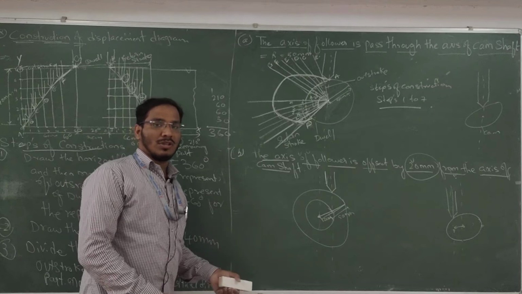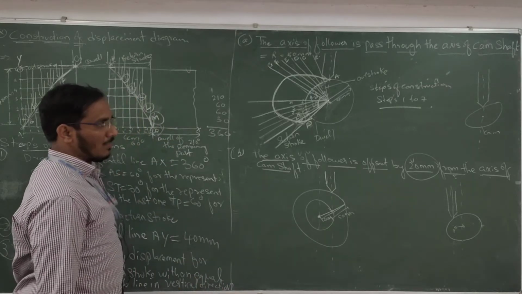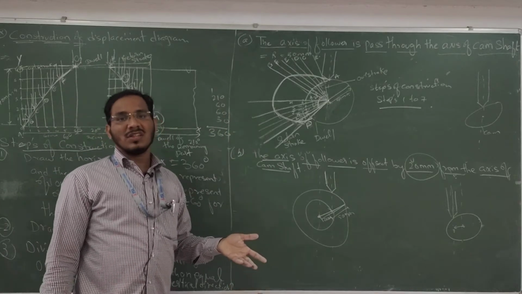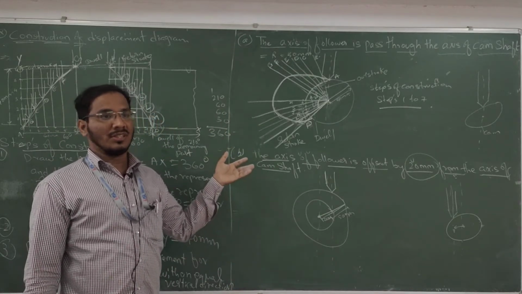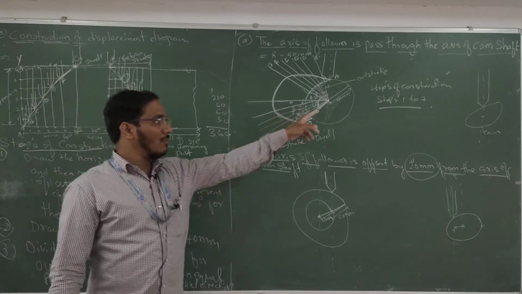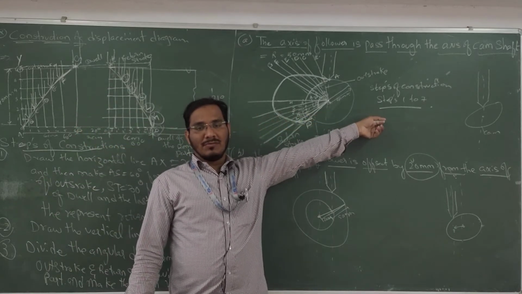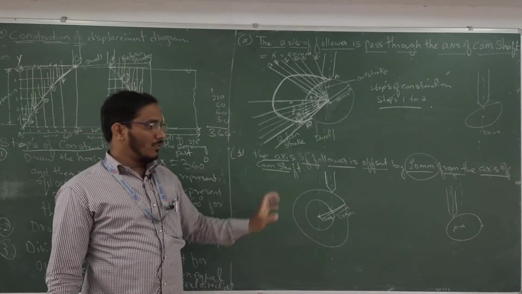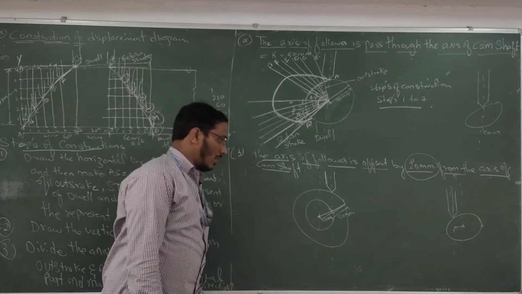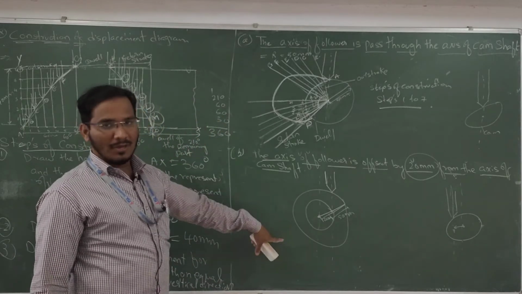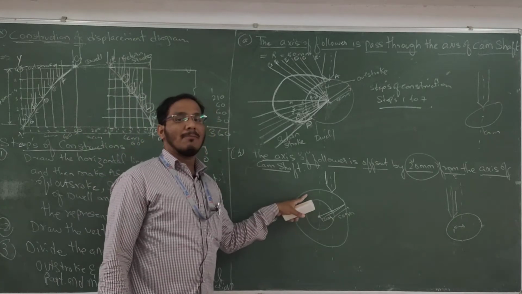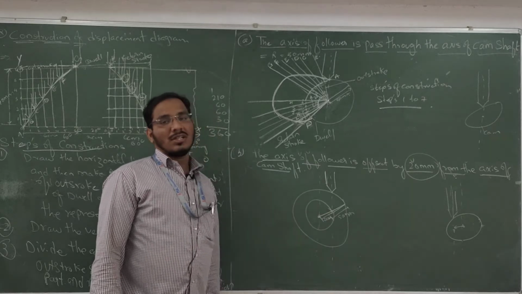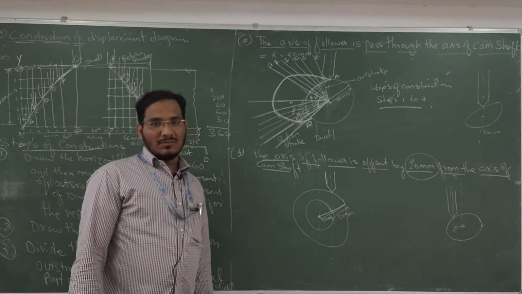Whenever you do any problem, you have to draw the displacement diagram and write the steps of construction. After that, whatever condition is given in the question, take that condition and draw the cam profile, and again make sure to write the steps of construction. If the question gives offset, you have to draw also. Here the same condition happens, but not on the cam circle; you have to draw on the follower circle.